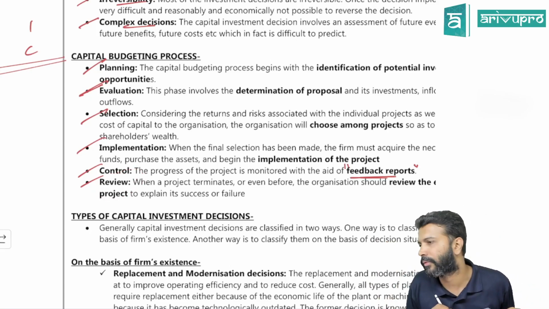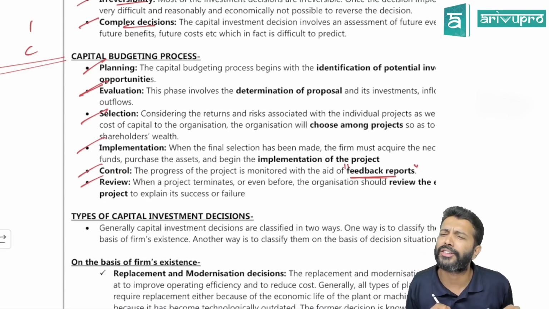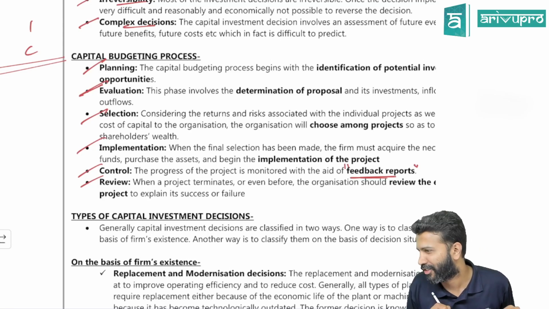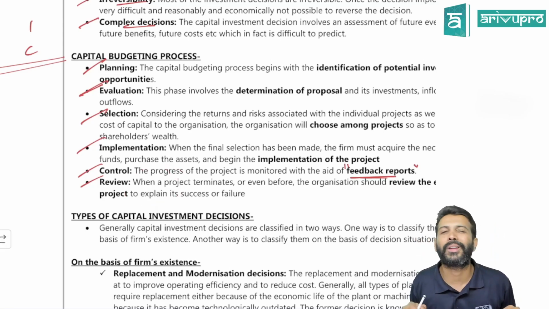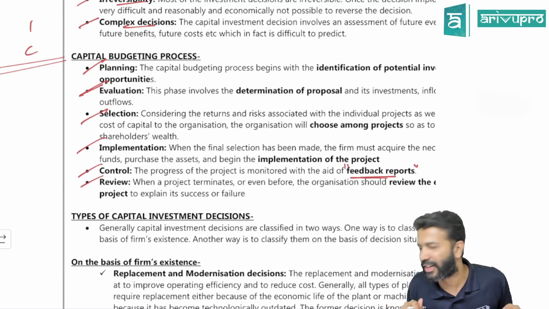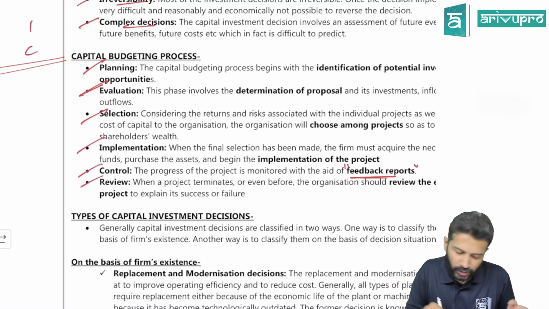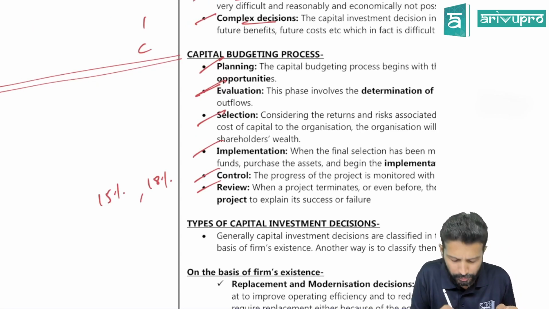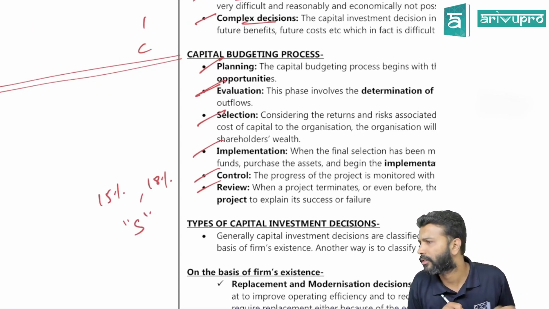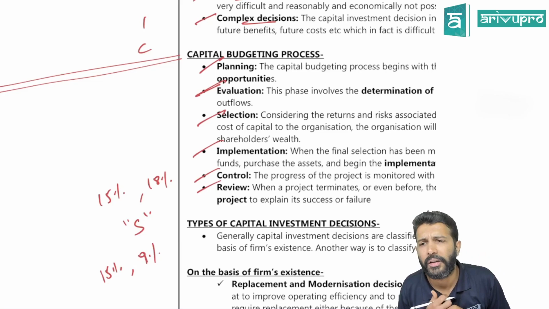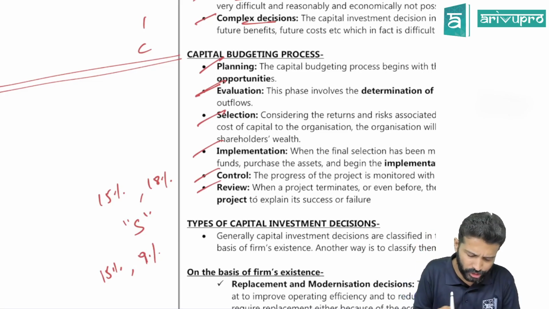Last is your review. Finally, you just check, as a CA student, what do you like to look for in your marks card? Pass. When you're doing a project also, check whether this project is ultimately a pass or a failure. Success or a failure, you need to review. Okay. Let's say I expected a return of 15%. I achieved a return of 18%. That means it is a success. I expected a return of 15%, but I ended up making only 9%. Probably it is a failure. Okay, so that is your review stage ultimately.